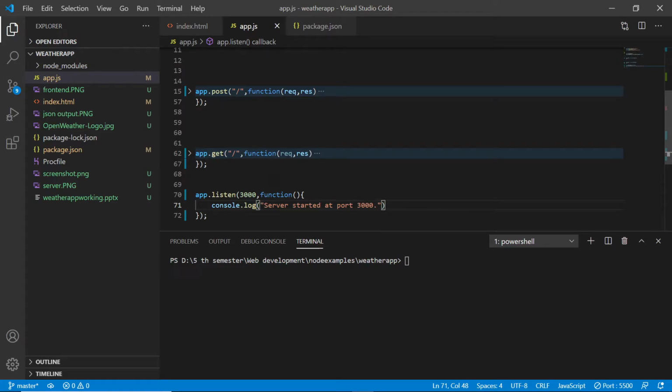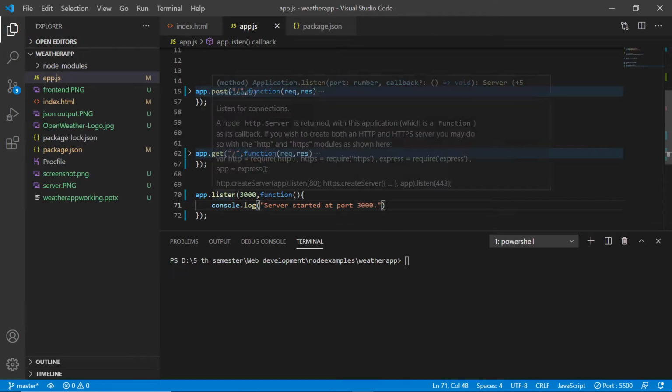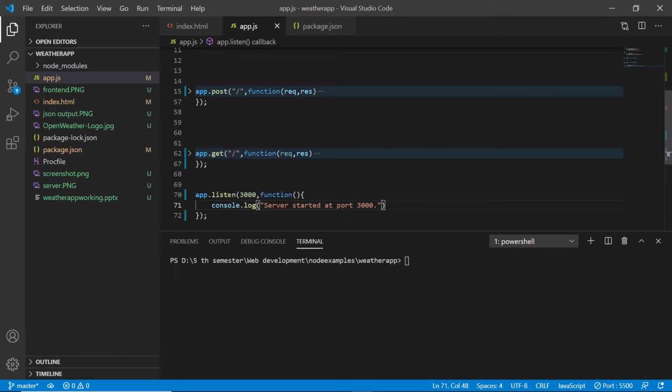When we run this using the command node app.js, our app will be listening at this port for any requests made from the client side, and it just console logs this. Now let's see.